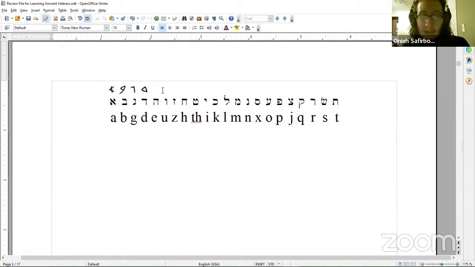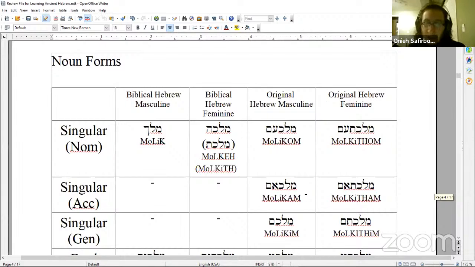But in Biblical Hebrew, B and P are distinguished, and V is associated with B, whereas F is associated with Pe, this letter way over here near the end of the alphabet. Now I will go over some of this vocabulary and then we'll end it here.